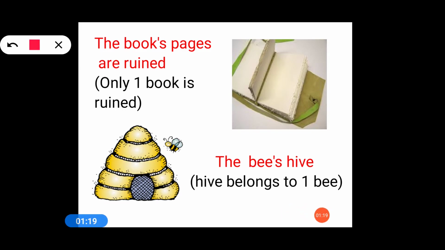Let's discuss these examples to understand better. How many books do we have? We have only one book. How many bees do we have? We have only one bee. It means it is a game of what? It is a game of numbers. If we have one singular thing, apostrophe will be followed by the letter s. So here bee is there. How many bees are there? We have only one. And here book is there. So bee is a singular noun plus apostrophe and then we have s.